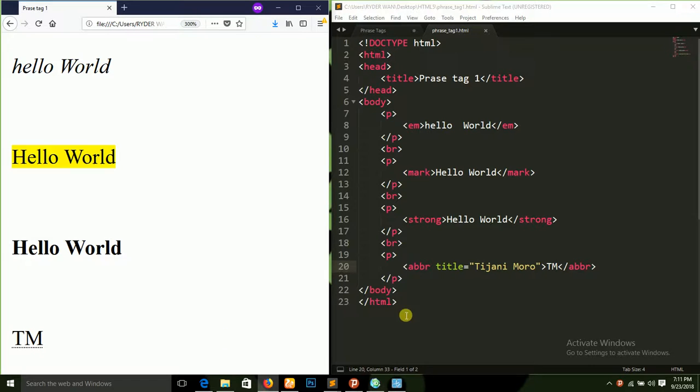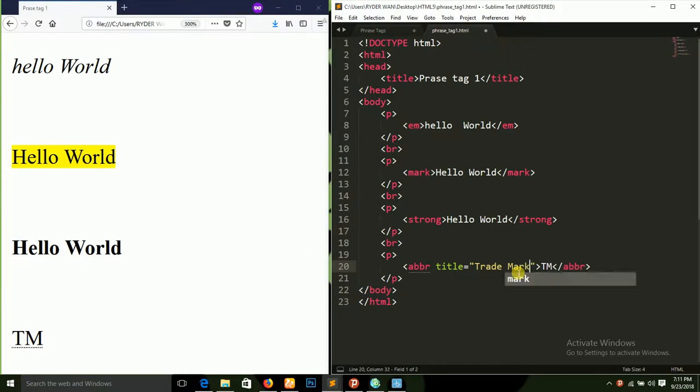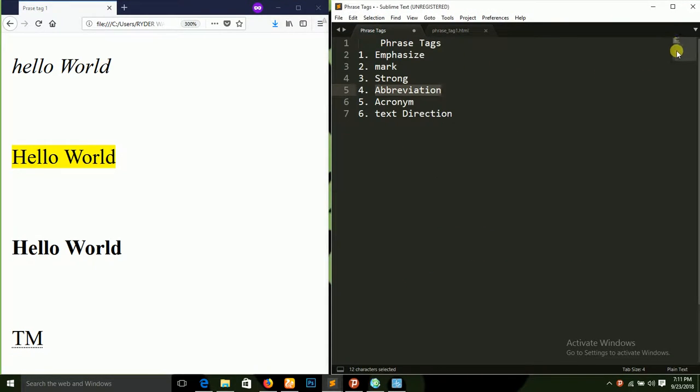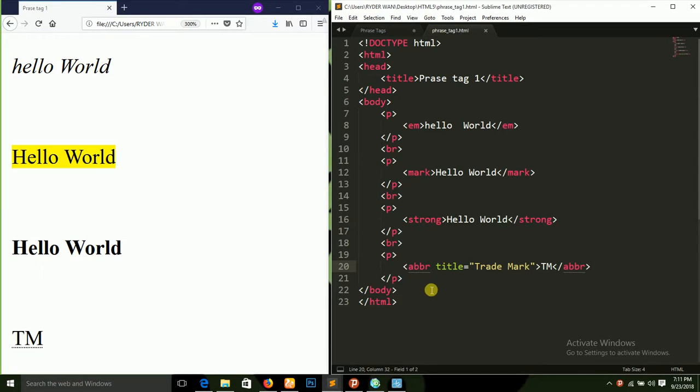So if you don't like my name, you can just put in your trademark mark, sorry, and then you are good to go. That's the meaning. So TM, trademark or Tijani Moru. So you'll be taking the next tag. That's the acronym. Yeah, acronym also here. So you'll be giving a break tag, and then a paragraph tag too, and then